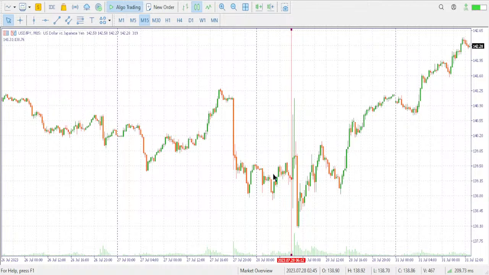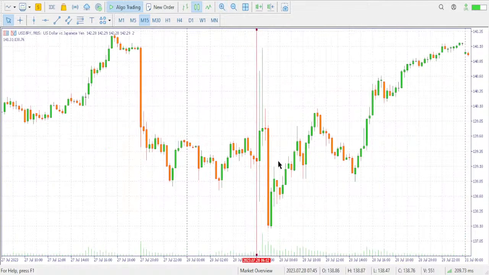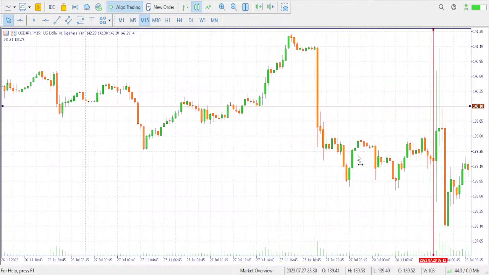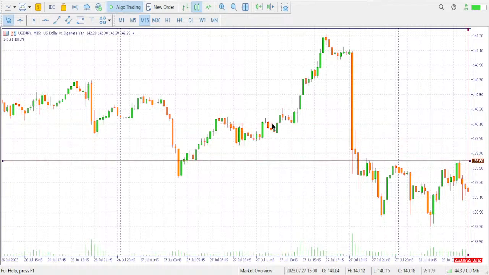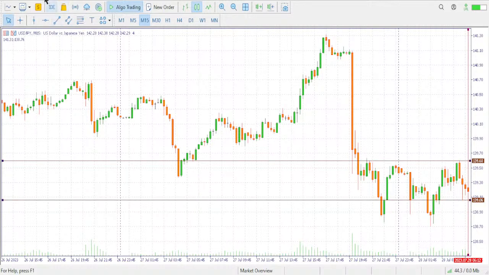Some hours before that news, it is very good to identify the highs and the lows that have been formed by the previous candles just before the news. That is, you'll come here, and then this is the time when you expect the news to be happening. And at that time, usually it looks like this. So you'll find that, okay, this is the time you expect the news to be happening, the candle after this candle. But because you have already these candles, you just come here, and then you pick a high, and then you pick an immediate low in the last 2 hours. So that would mean that we'll pick a zone like this.